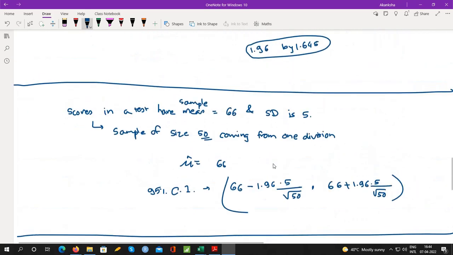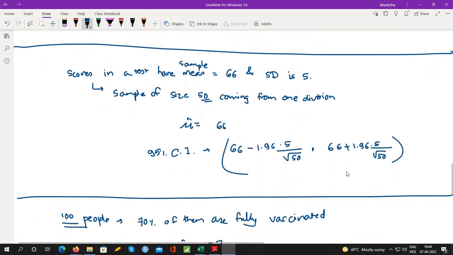So for example, if I compute here, root 50 is going to be roughly around 7. So 1.96 into 5 by 7. Let me make it 2, because I don't want to use a calculator right now. So 2 into 5, so 10 by 7. 10 by 7 will be 1.4 roughly. So this will be something like 64.6 on one side, and 1.4 added on the other side, so it will be 67.4, something like this. Then we will say that every value in this interval is a possible value for the population mean